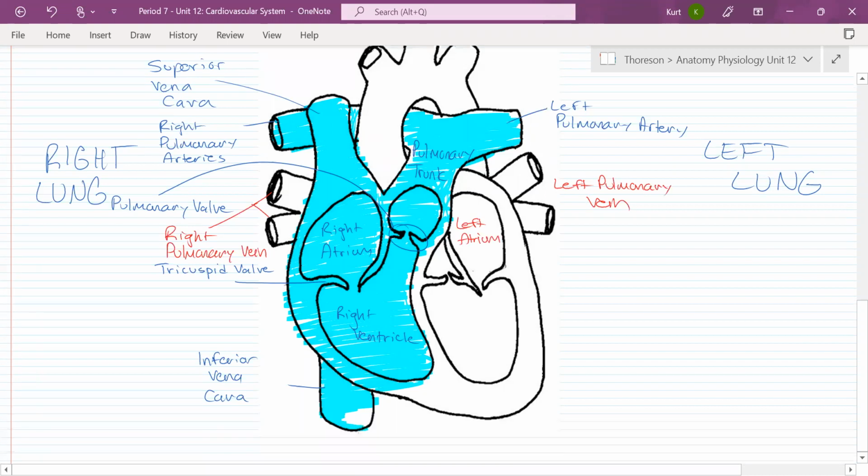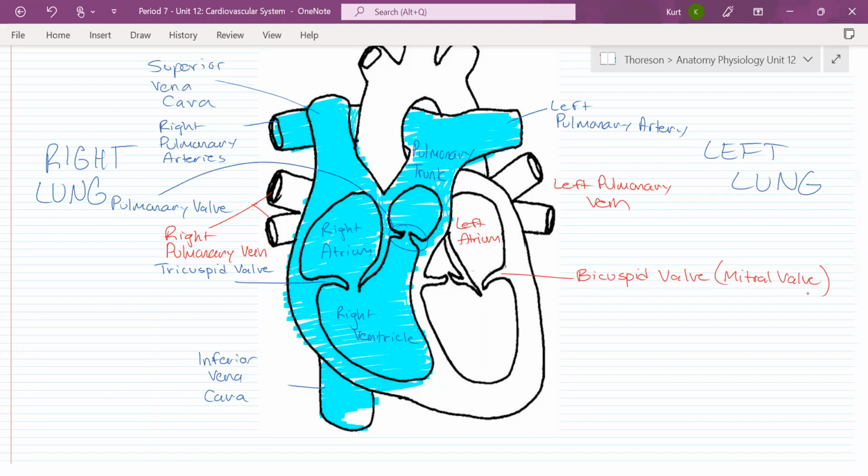Okay, let's move on to Hannah. What valve allows blood to pass from the left atrium into the next chamber? This is a bicuspid valve, and there's also a third name for it that I want you guys to know. It's also called the mitral valve. So if possibly that word is used on your test, I don't want you to act like you've never seen it before. The mitral valve is just another name for the bicuspid valve, which is between the left atrium and,